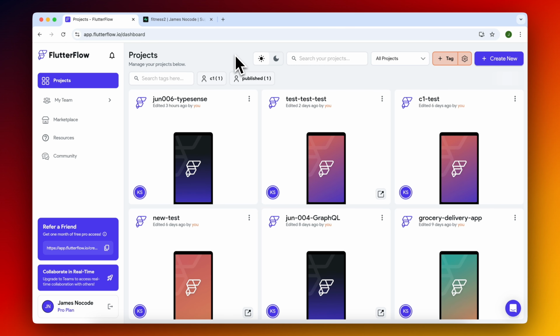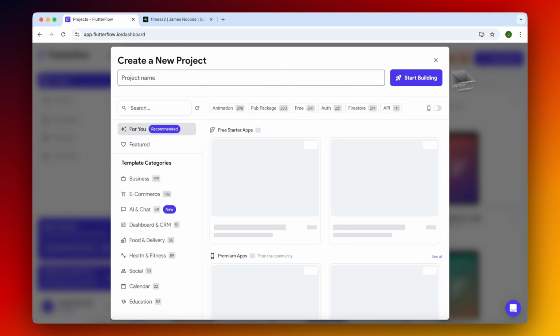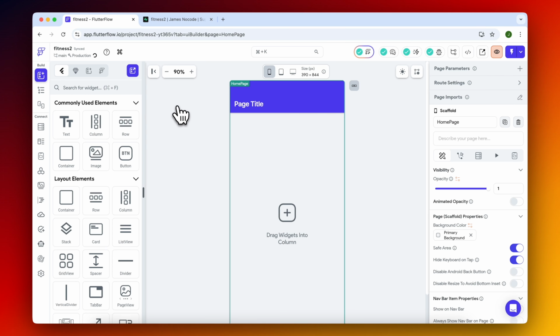All right, so now let's go ahead and create our app and link it to our Supabase project. So here I am in my FlutterFlow dashboard. As you can see, I have tons and tons of apps that I have built over the years, and I'm going to go ahead and create a new one. I'm just going to call it Fitness 2 because that's kind of what we're going with. I'm going to start building, and here we are inside of our app, or at least the beginning of our